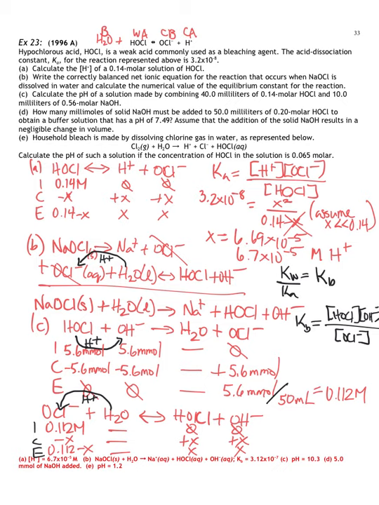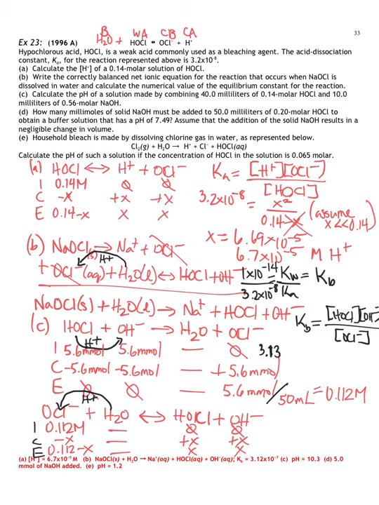That's KB. And when I do that, KW is 1 times 10 to the negative 14th, KA is 3.2 times 10 to the negative 8th. That will give me my KB, and my KB ends up being